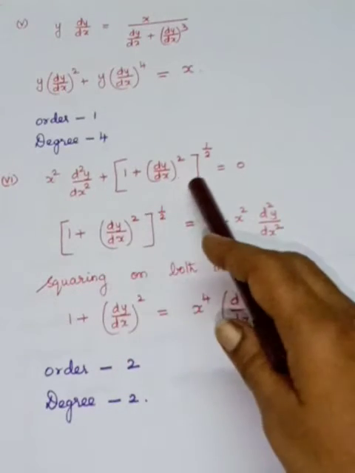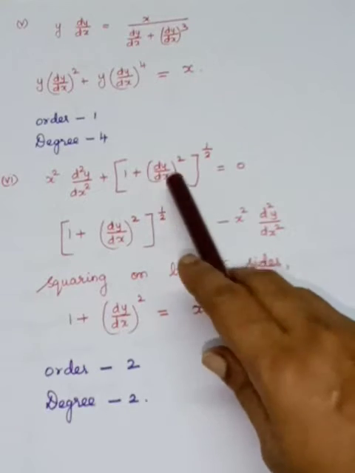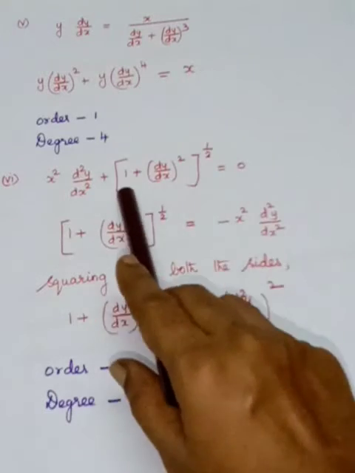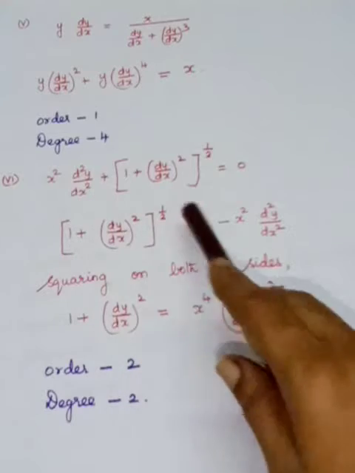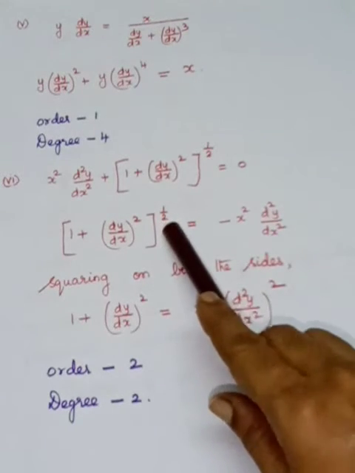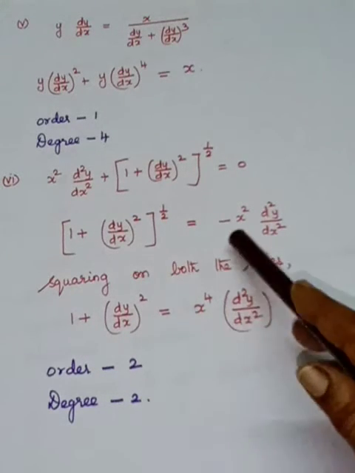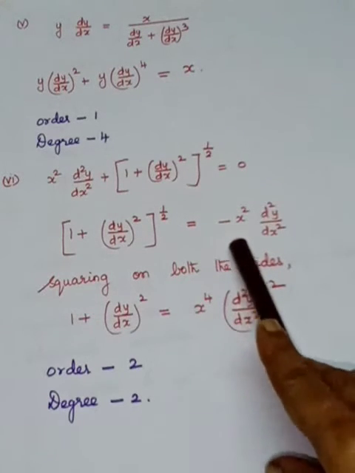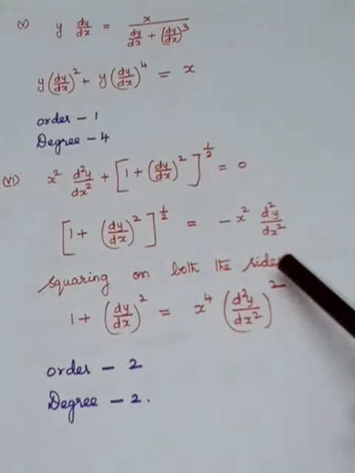This is the question. You see a half is involved here, with the derivatives. So therefore the fractional power has to be removed. So I'll get this function on the left side, bring this term to the other side, minus x squared d squared y by dx squared. So the half has to be removed, so squaring on both sides: 1 plus dy by dx the whole squared is equal to, minus, if you square it will become plus, minus 1 the whole squared is plus, x squared the whole squared is x power 4 into d squared y by dx squared the whole square.